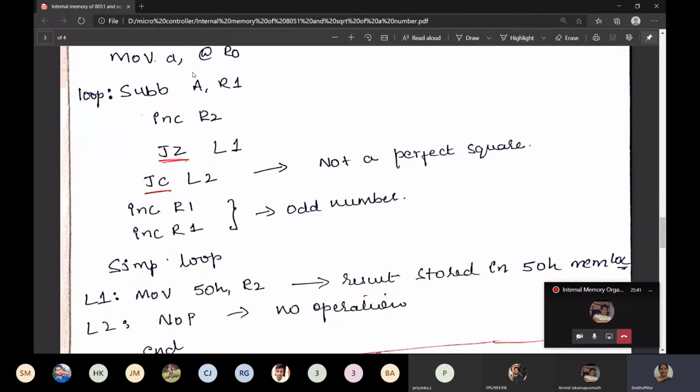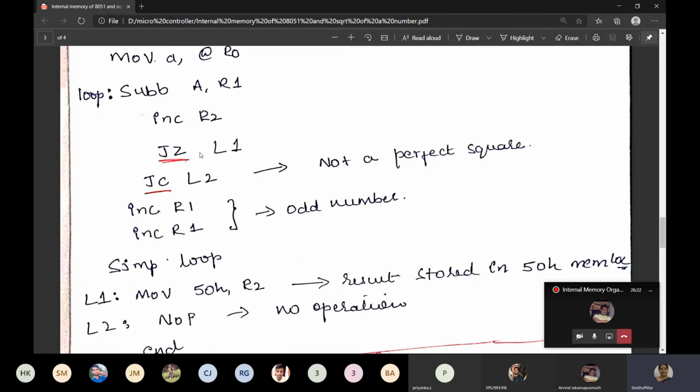After these two conditions, once it is subtracted by 1, next I have to use the next odd number. Just by giving increment R1 once, it will become 2. So 2 is not an odd number. It should be incremented twice to get an odd number. So 2 times we will write increment R1, increment R1. Now R1 will become 3. So again short jump for loop. It will come here. Again it will subtract, that is 15 minus 3. The loop will continue till the content of the accumulator becomes 0.